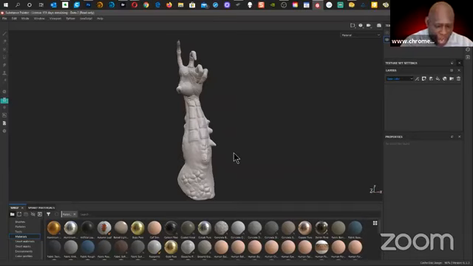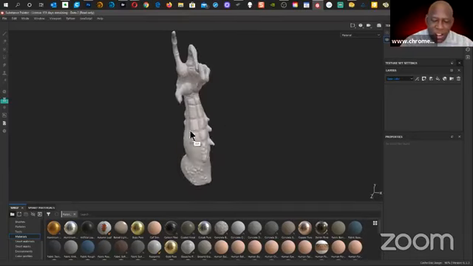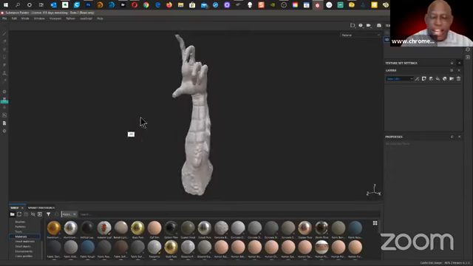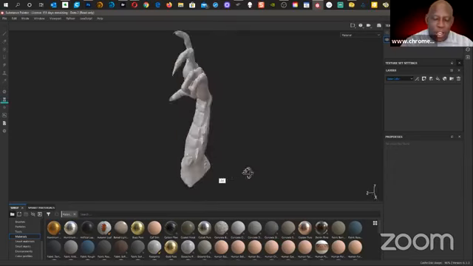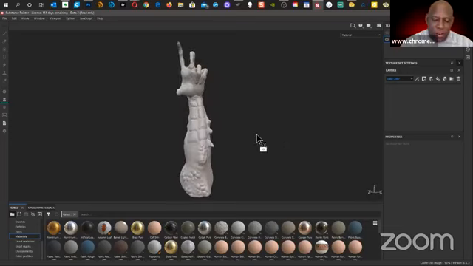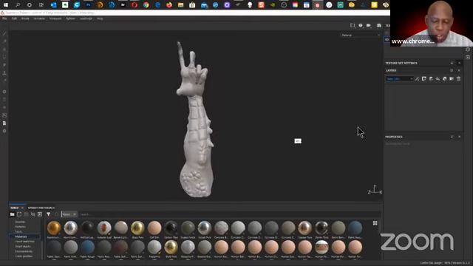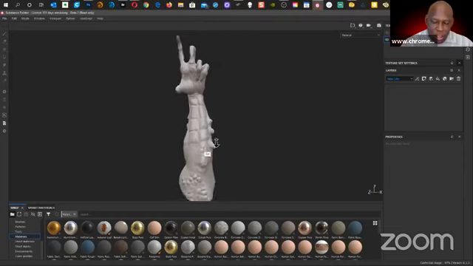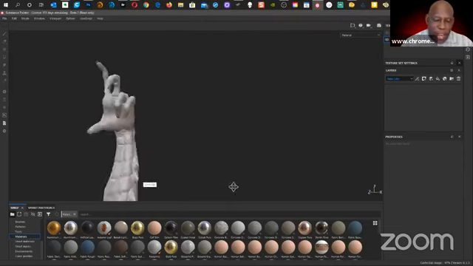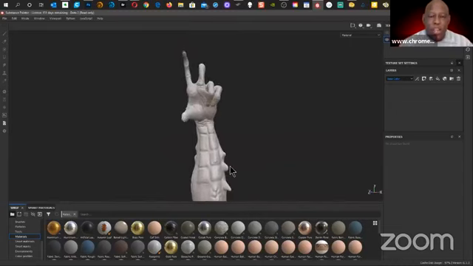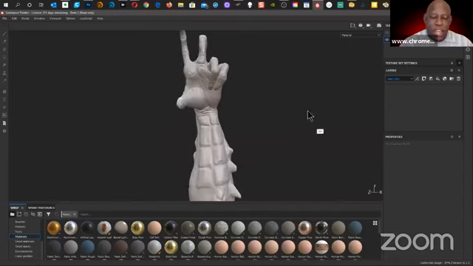So inside Substance Painter, your navigation is exactly the same as Maya. Hold your Alt Option key down and left click and hold and drag. Right click and Alt zooms in, and Control and Option with the left click pans. If you're used to working in Maya, the shortcuts are the same as in Maya.